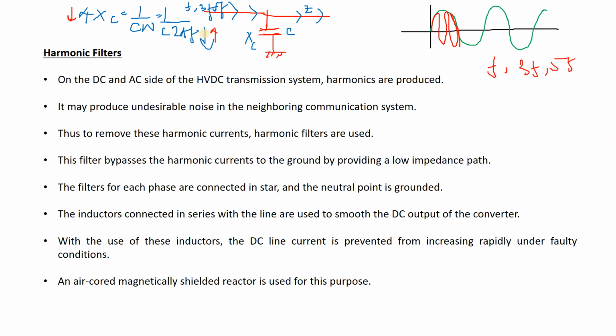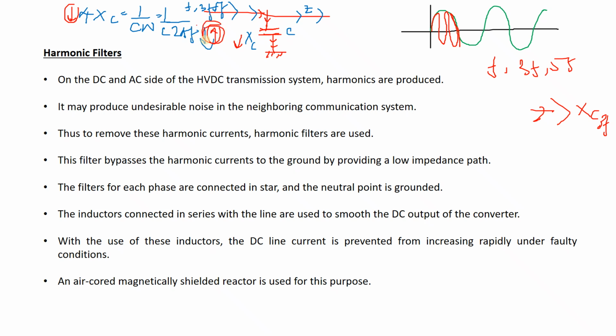Now when harmonics are there, suppose this third order harmonic, the frequency is higher, and a higher frequency will result in low reactance. So Xc becomes low. In that case Z is more than Xc for the higher frequency, that is 3F. Since Xc is less, the current will try to travel through the lower impedance, so it will be grounded, it will be bypassed.